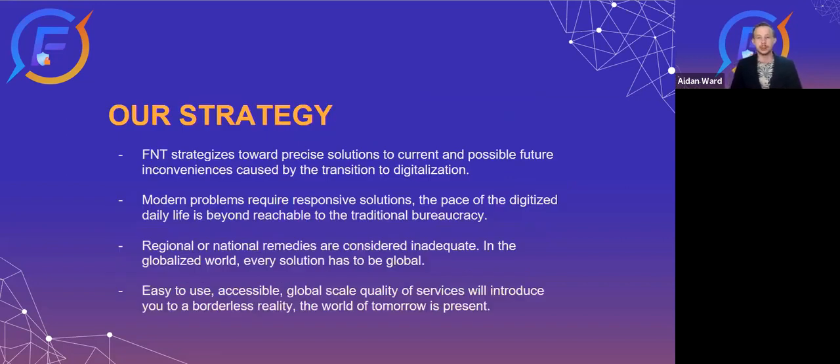So the strategy is simple, right? We've covered the why, let's go into the how, all right? The FNT ecosystem really will strategize towards providing precise solutions to current and possible future inconveniences caused by the transition of digitalization, which is fair. Modern problems require responsive solutions, and the pace of digitized daily life is beyond reach of the traditional bureaucracy